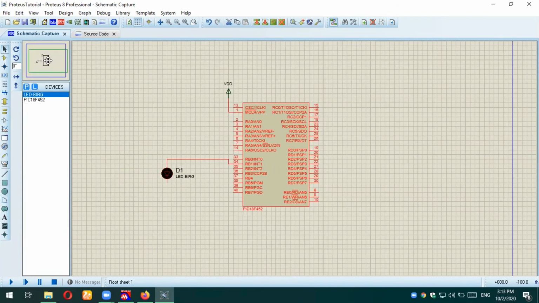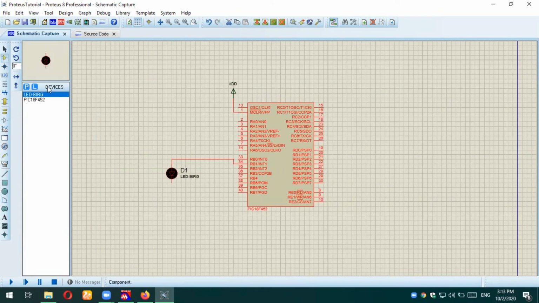Now we have to go to component mode again. Now this P terminal of this LED is connected with the P pin, which is RB1, and now this negative terminal will be connected to the ground. So we will click on this terminal mode, because you can find various terminals. Ground is basically a terminal which you can find here, along with input, output, even power or VCC as well. What we are interested in here is ground, so we will click ground and then we will click over here.